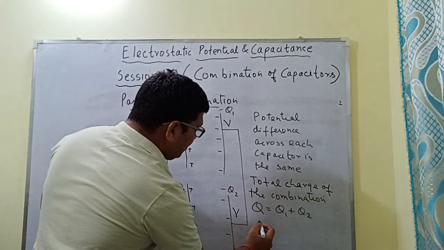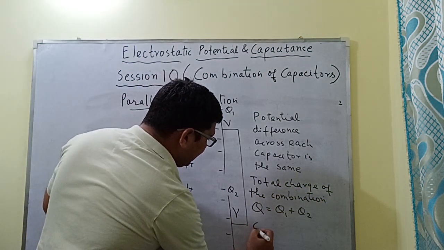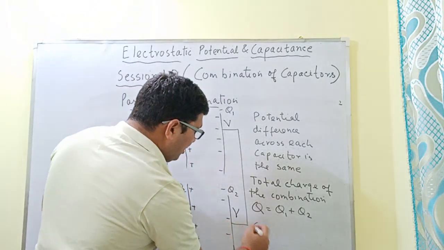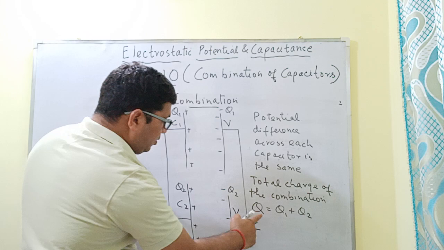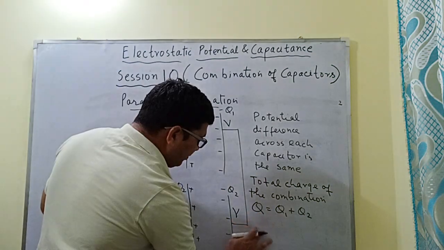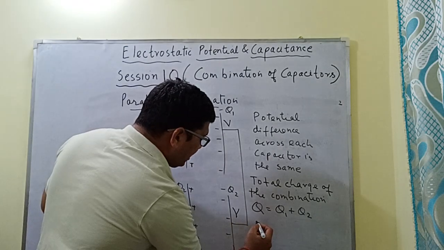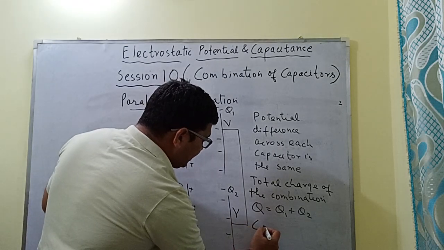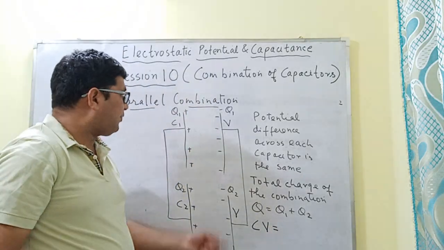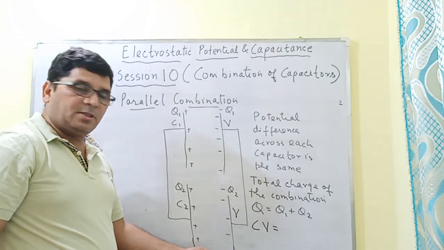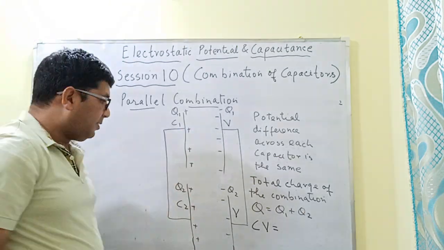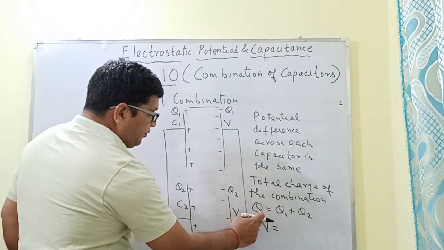So now Q is equal to C into V. Now इसका अगर मैं कहता हूँ कैपेसिटेंस C1 है, उसका ये C2 है. So Q is equal to Q1 plus Q2. इसी इक्वेशन को अगर हम आगे लेके जाते हैं तो Q की जगह पे मैं लगा देता हूँ C into V. ठीक है, where V is the potential difference across these capacitors. पोटेंशियल डिफरेंस दोनों ही कैपेसिटर के अक्रॉस जो है वो सेम रहेगा. ठीक है,